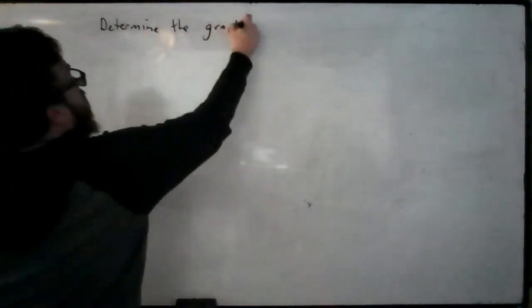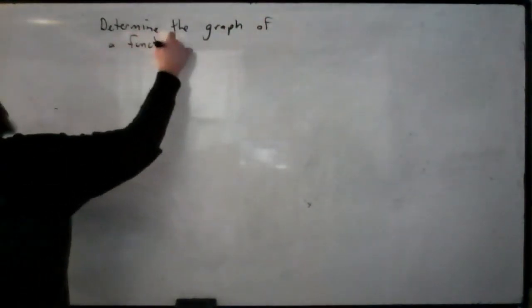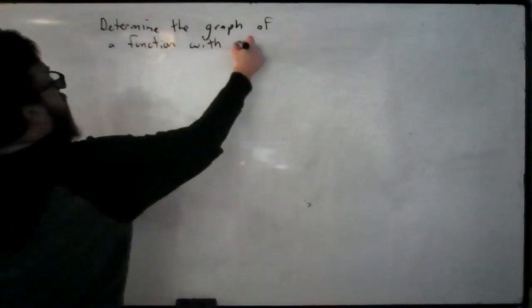So determine the graph of a function with properties